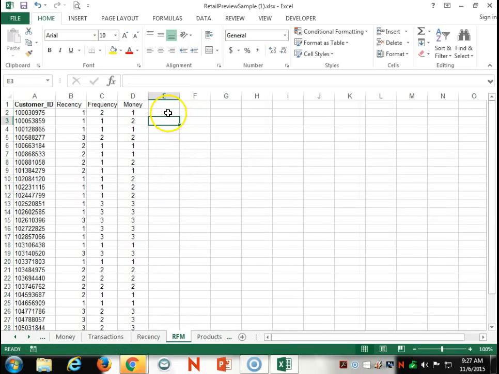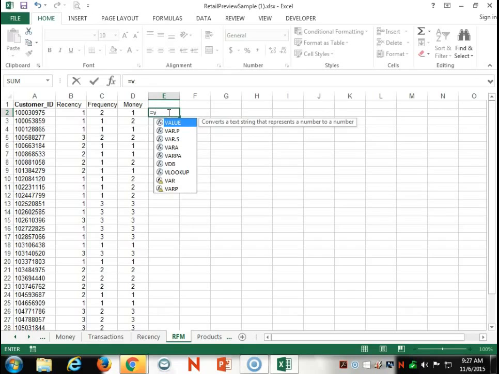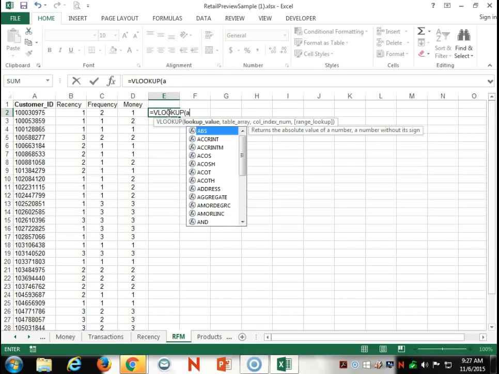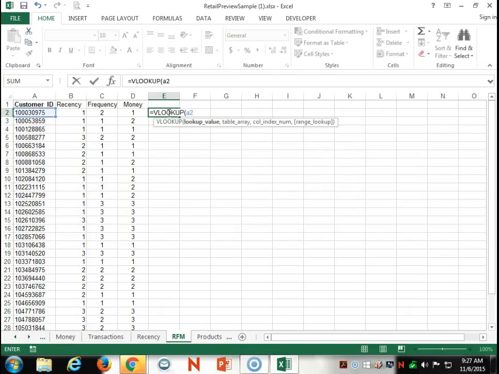So I'm going to go to column E, and we'll do VLOOKUP. You give it a key that you look up, a unique value, which typically is something like customer number, customer ID. So the key that I'm going to look up is A2, right? That's where my customer ID is,